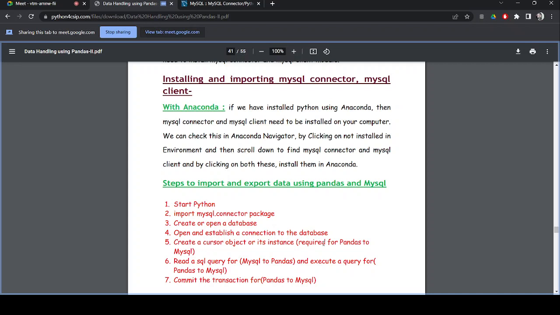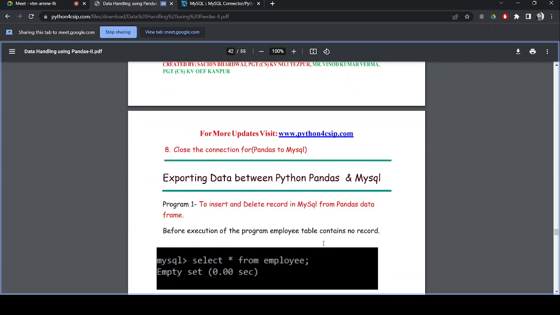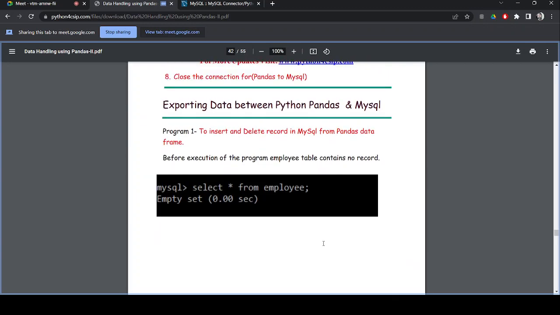After that, you will be doing the commit transaction. Whatever you have done, whether you want to modify or read something, you will send those modifications to the server. The server will accordingly modify the database. After doing all these things properly, we have to close the connection between the Python program